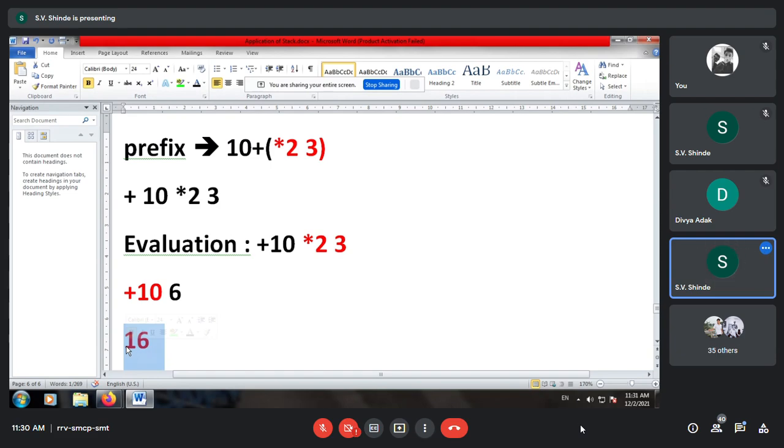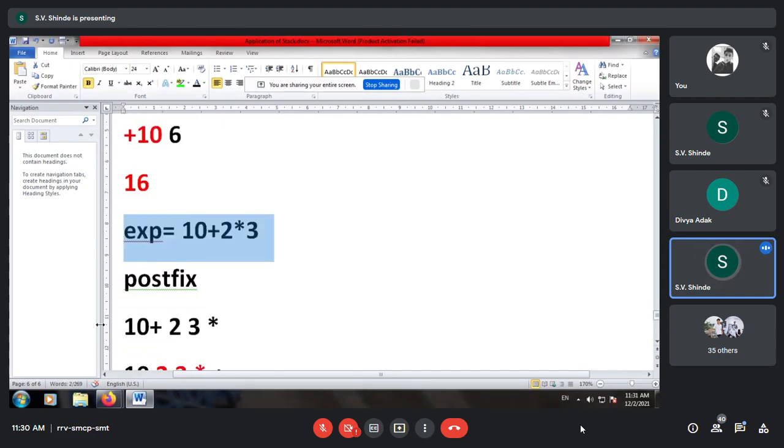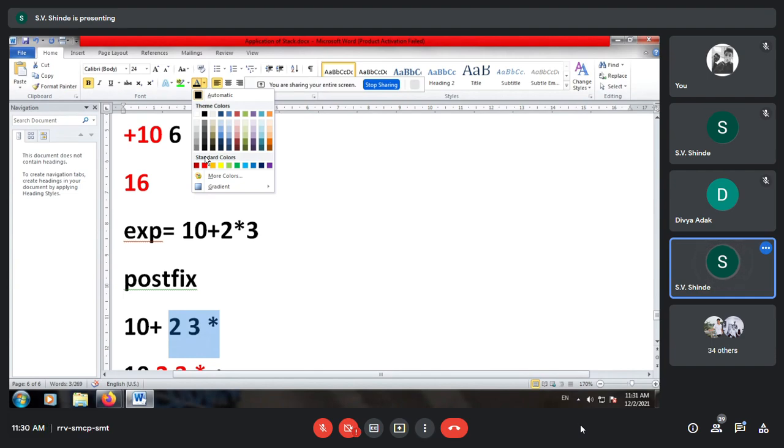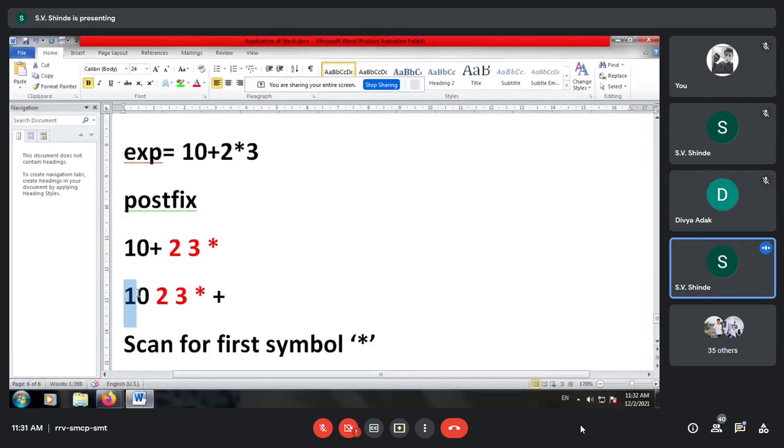Okay, well, now let us move to postfix expression. First the infix expression is given and we have to convert it into postfix. So we have the notation something like this. Initially it has the priority, 2 multiplied by 3. So we get the priorities to be solved. It is 2, 3 and then the multiplication sign. Second is 10 plus, so the plus sign will be outside of it and we get 3 terms, 10, 2 and 3, then the multiplication and plus symbols.